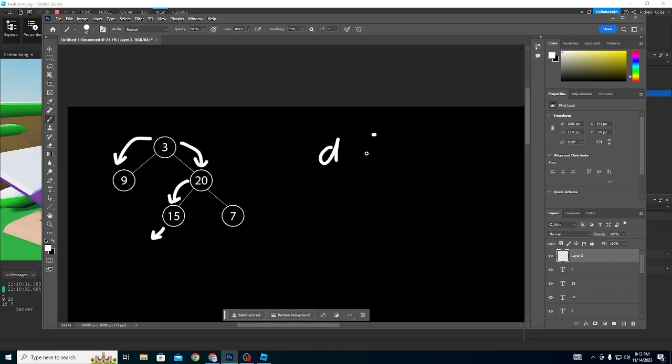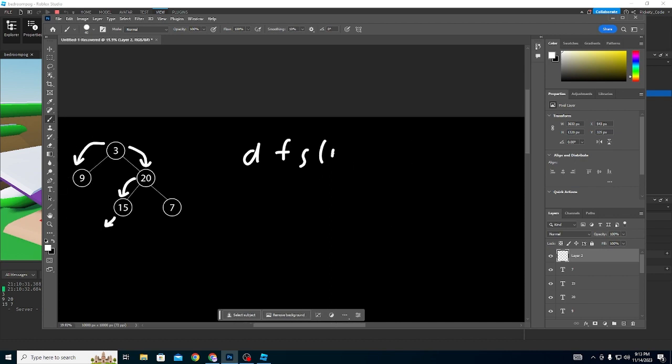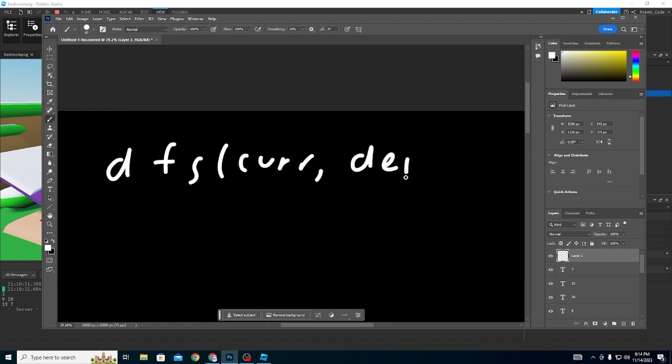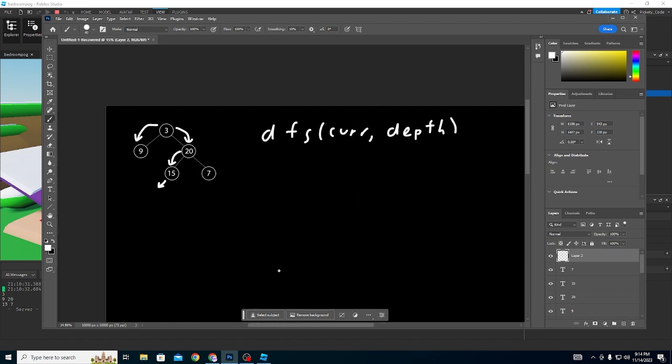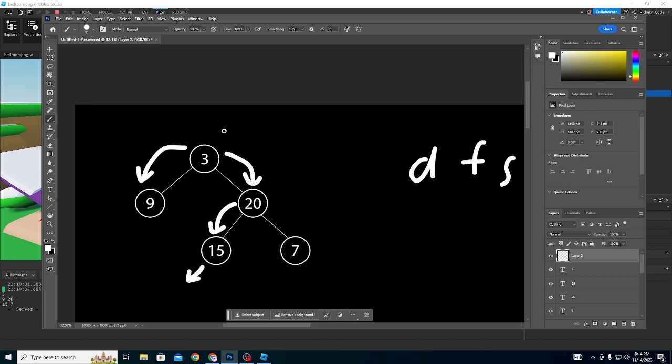Let's say we write a DFS function, right? And a DFS function, you need to give it a node. So let's say we have a current value that we're on, and then what we want to also give is the depth that we're at. So we would have a depth counter here because we would start. Let's say we're over here. What would our depth be, right? Our